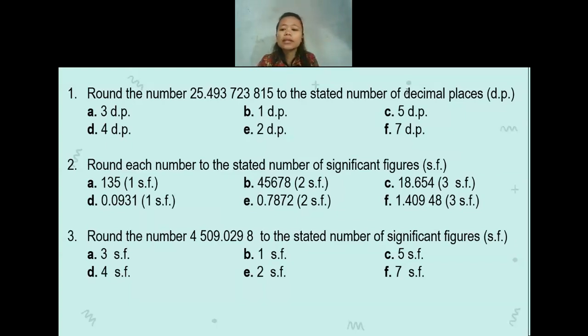Teacher, will you share this to the Google Classroom with the answer? Yes, I will. No, the answer not yet. We have to discuss it first. So for the answer, I will not give it. I want you to try it first because I don't think I will have enough time to complete all of these 3 questions. That's why for these 3 questions, I will not be sharing the answer.